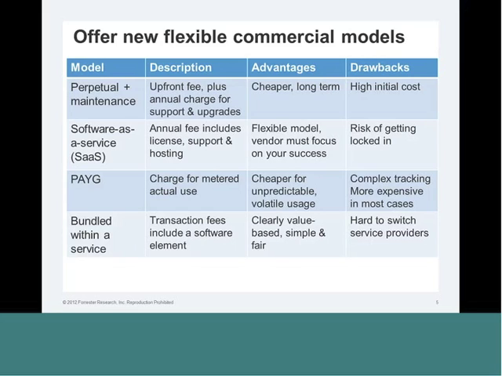The difficulty I have with these pay-as-you-go models is that the costs are therefore a little bit unpredictable. It could be that suddenly there's a usage spike and we get a bill at the end of the month for a lot more than we expected. And it could be quite complex to track. But if we've got very variable, volatile usage, it can be a good way of buying the software.